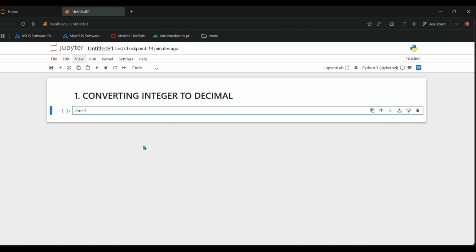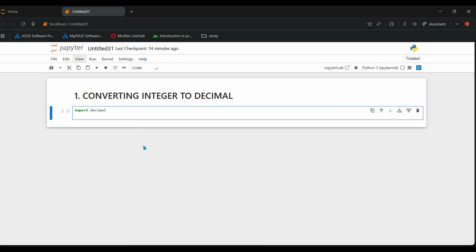Import decimal. It is the library which helps us to execute the code easily. Then I will assign an integer to the variable named integer, equal to 10. In place of integer it can be anything,